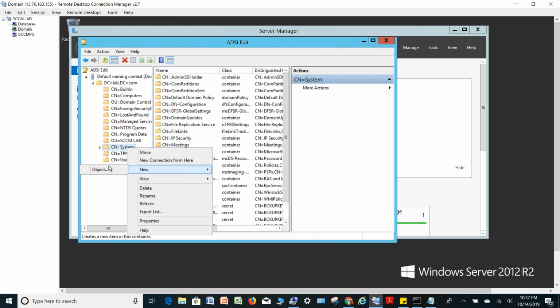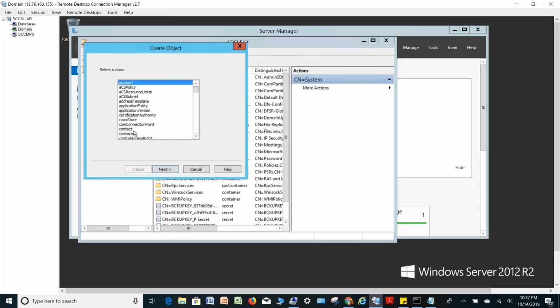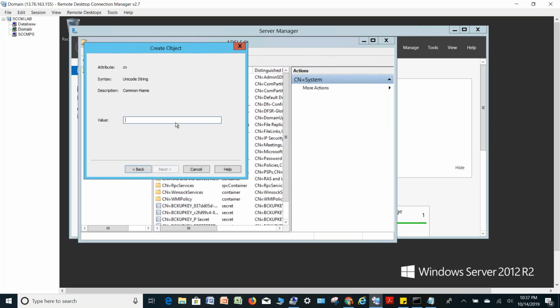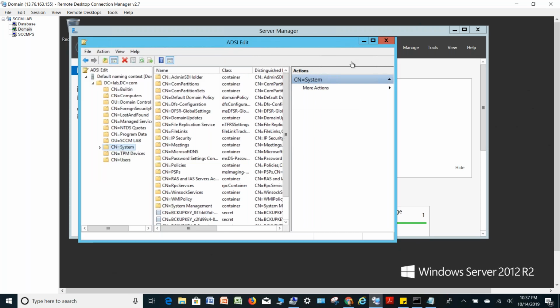So let's click on New and choose Object, and choose Container in this list, and click on Next. The name of the container will be SYSTEM MANAGEMENT. This is case sensitive, guys, so make sure you type it exactly as it is. System space Management. Next, Finish. So we created a container in